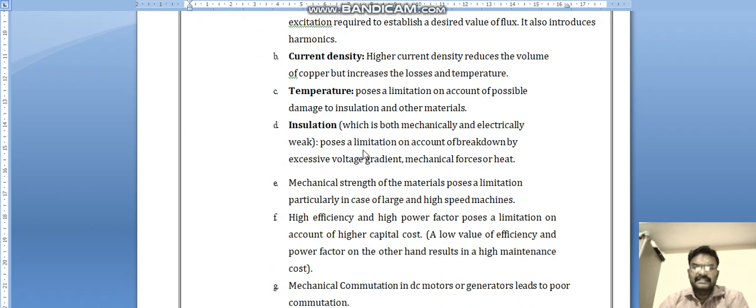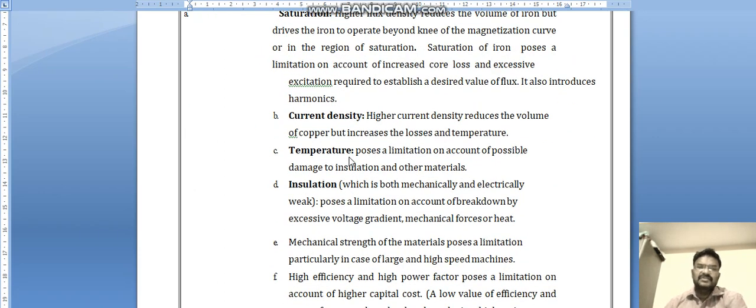When we design a machine, we should take care of these, as well as follow the standards, like BIS standard, BS standard, ISO standard. The machine should satisfy the standards framed by the government of national